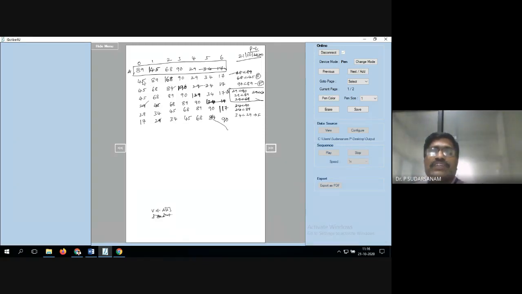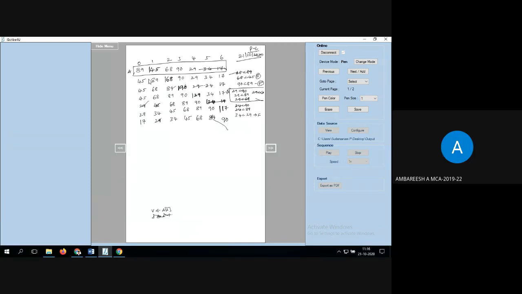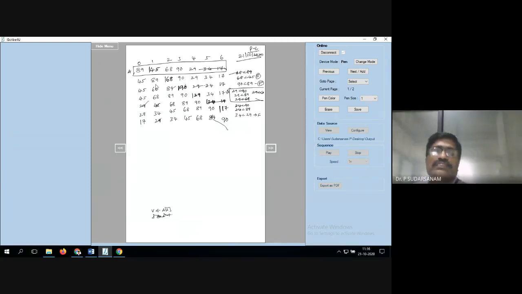68 is less than 45? Yes, sir. For everything you are saying yes only. 69 is less than 89, also yes only. 68 is less than 45, also yes only. I have written it very clearly in this statement. 68 is less than 45, the condition is false only. But you are telling everything true only. What should I do? Sir, it is getting stuck, you are telling yes or no, that's all.